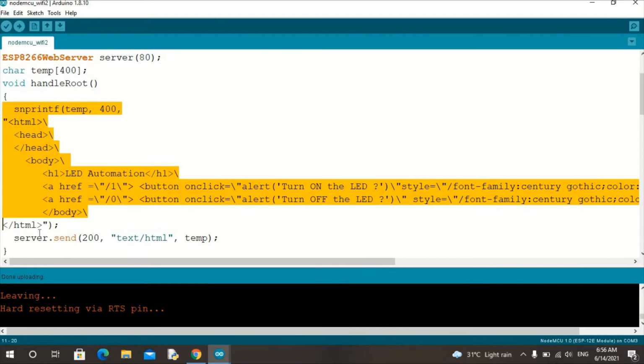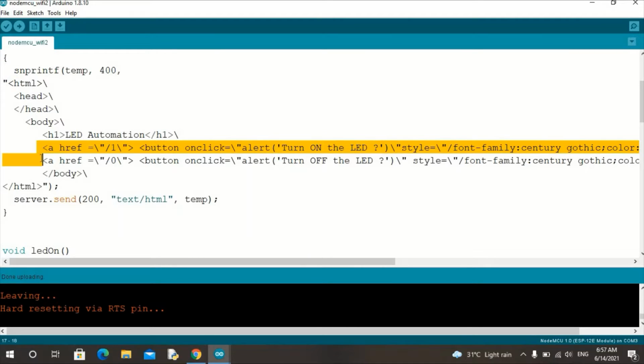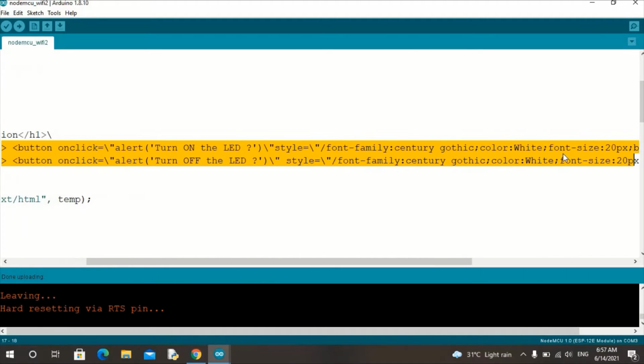This is the code for our HTML page. Here I have used the header as LED automation. This will be displayed on the top of the HTML page. Two buttons are also provided to control on and off. When we click on